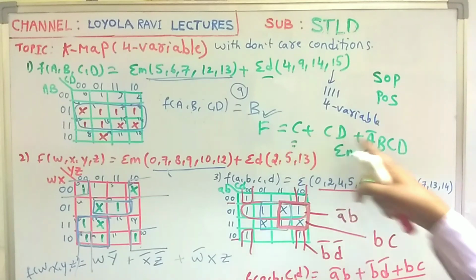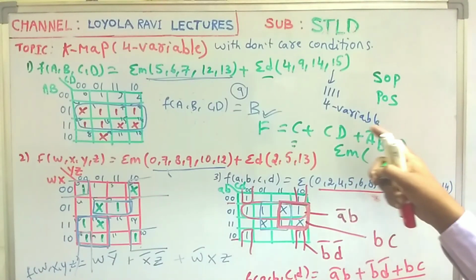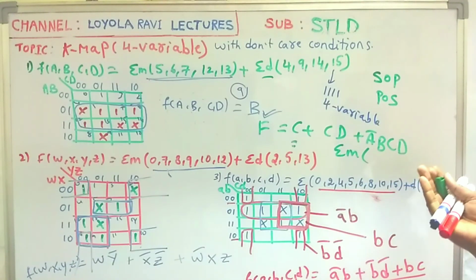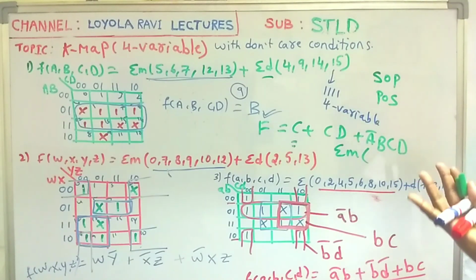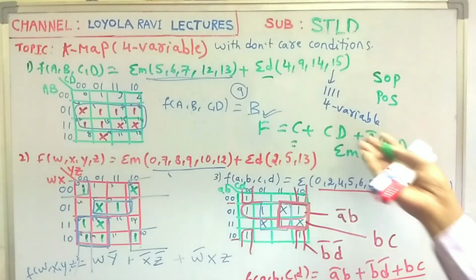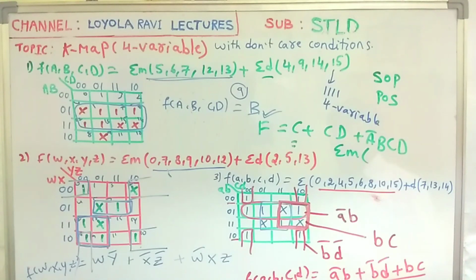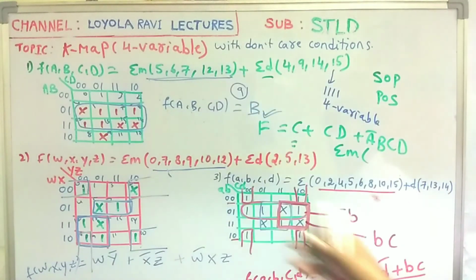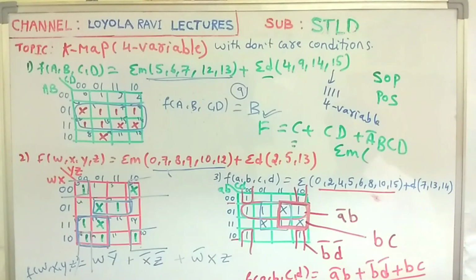You can convert standard SOP to canonical or canonical to standard. Then from that you may write sigma m is equal to some min terms. From that you can simplify using K-map. This is also one of the other methods. First we can simplify this first, then write down min terms. After that, same procedure. Okay, practice more examples, then you can get some clarification regarding K-map. Thank you.